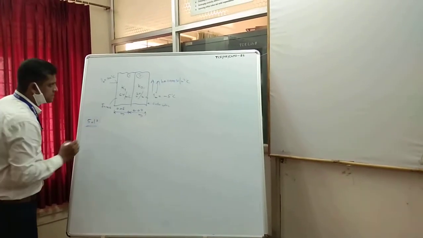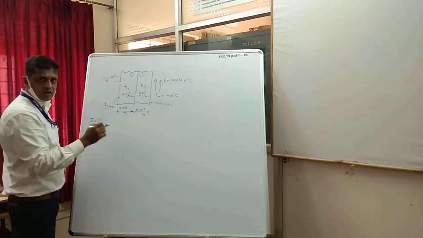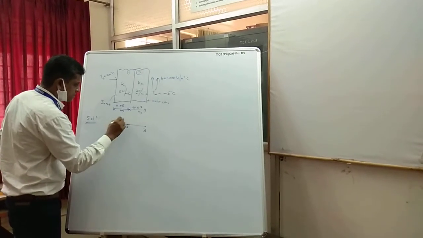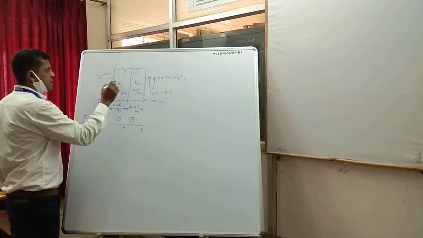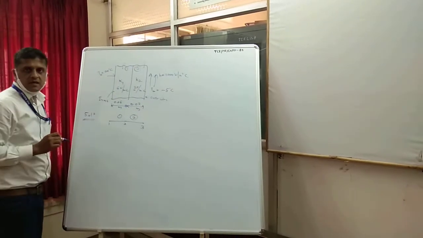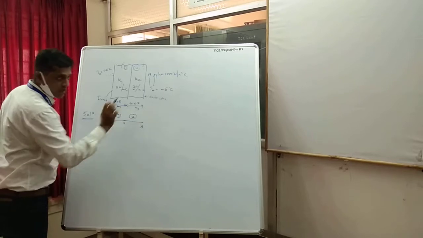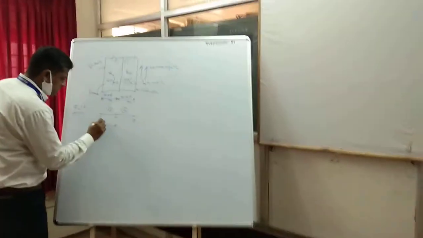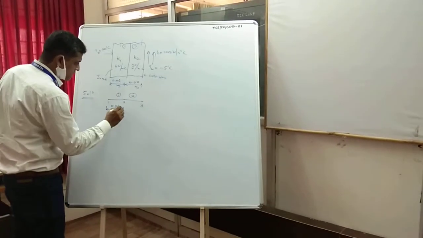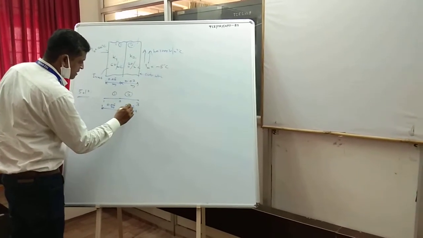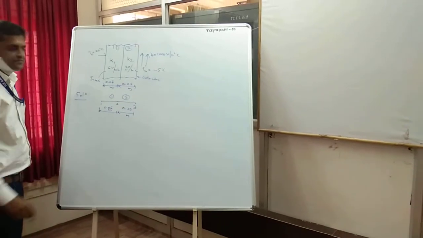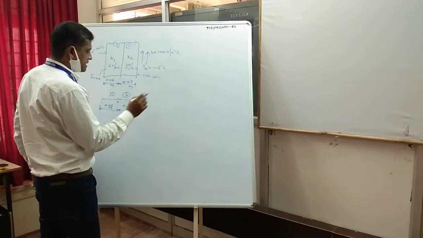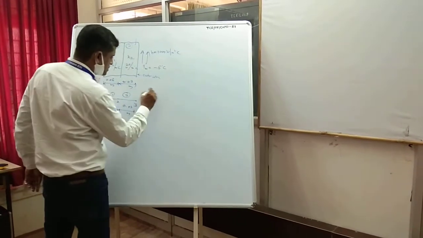Now, the solution for this, let us generate a finite element model for this composite wall consisting of two elements, three nodes, and each element will represent the materials. Two materials, we will generate finite element model with two elements, and each element is having the length that is given, that is the thickness of each material, 0.06 and 0.02. Now let us generate the conductivity matrices for both the elements.